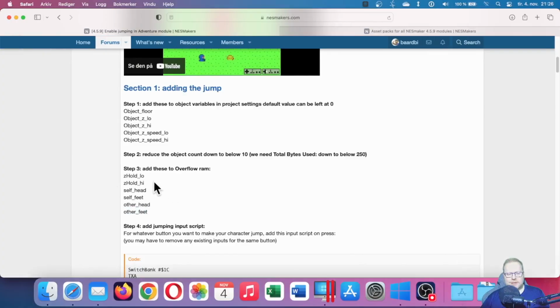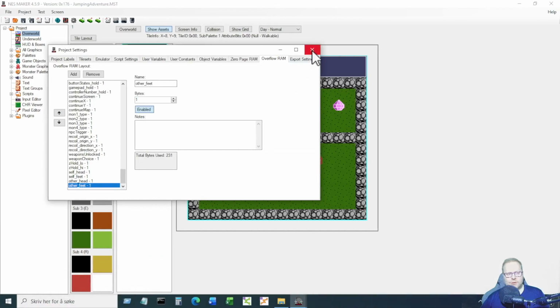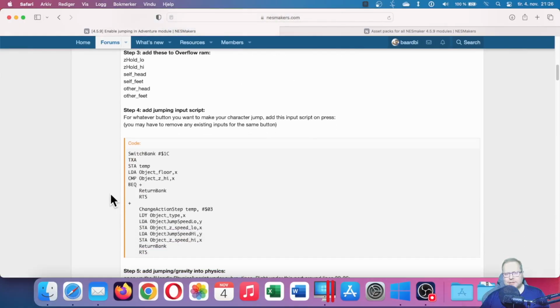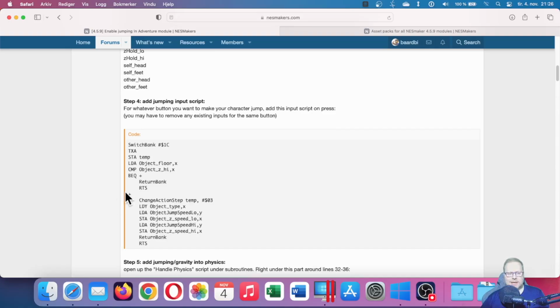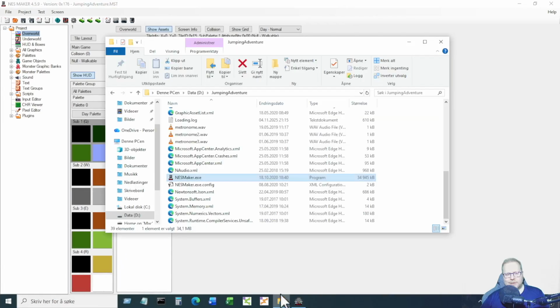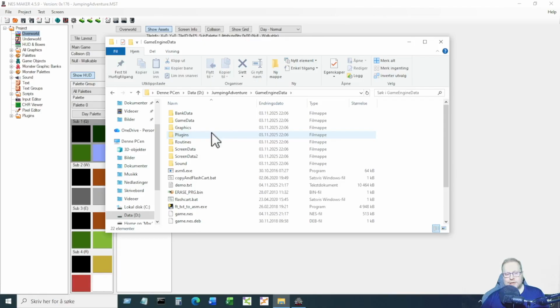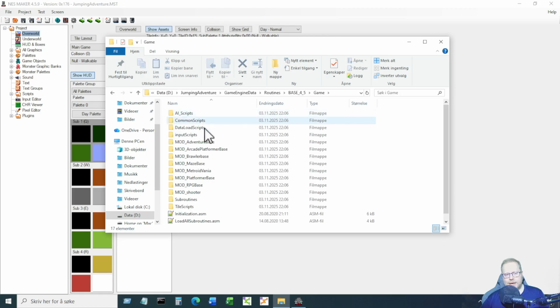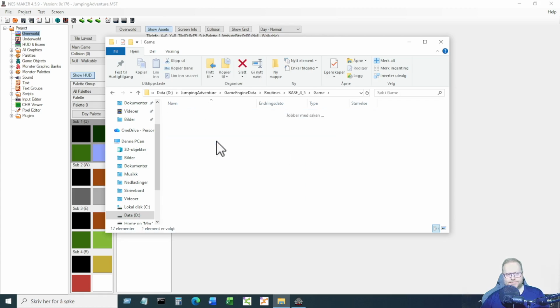Alright, so that's enough for the variables. So I'm just going to close project settings here. Now next is adding a jump input script, because of course normally we don't have a jump input script for the adventure module, but NESTest has made one for us here. So what I'm going to do now, I'm just going to go to my NESmaker folder. I'm going to go to Game Engine Data, Routines, Base 45, Game, and Mod Adventure Base. And I'm going to go into Inputs, and here in the Inputs folder I'm just going to right click and